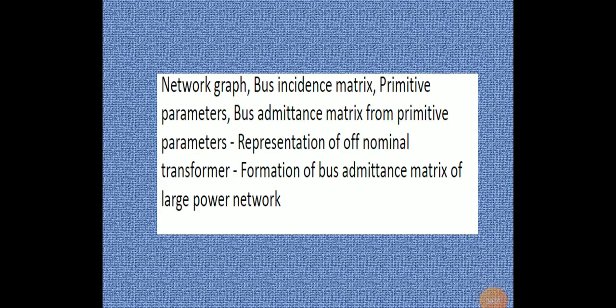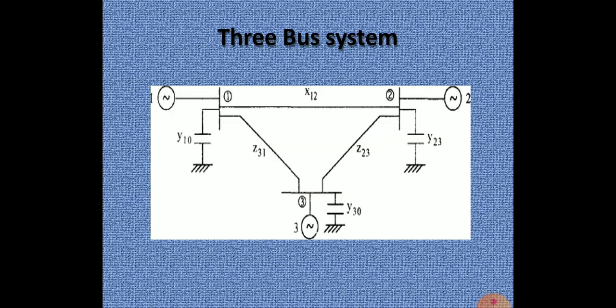Students, in today's class we are going to discuss the second part of unit 1: network graph, bus incidence matrix, primitive parameters, bus admittance matrix from primitive parameters, representation of nominal transformer, and formation of bus admittance matrix of a larger power network. So coming to the first slide, this is an example of